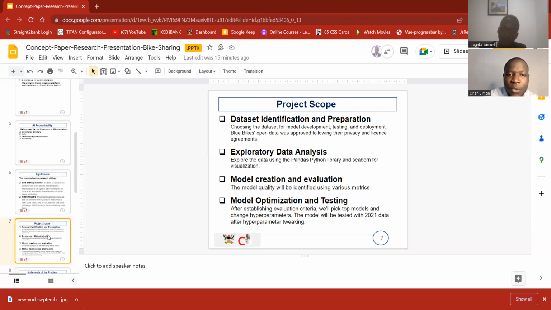With the bike, we're looking at the feature of the bike ID, and then also the start time of the trip to the end time, among others. Then our models will be developed and evaluated in order to find out their accuracy, because a model has to be accurate before it is deployed.